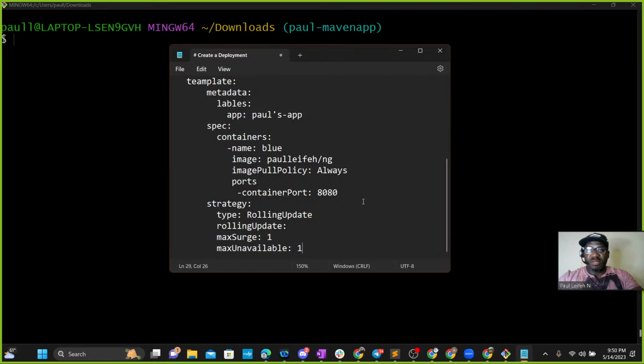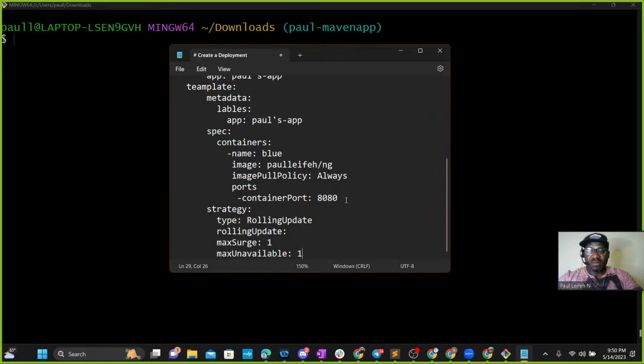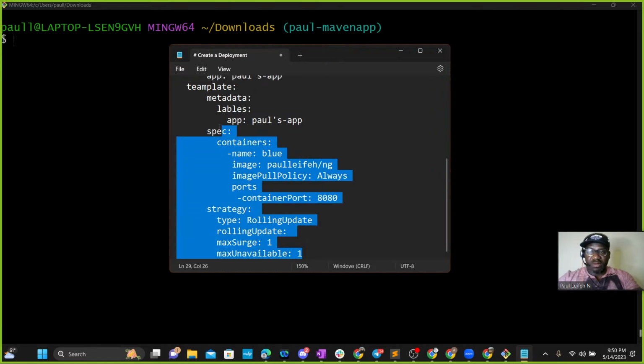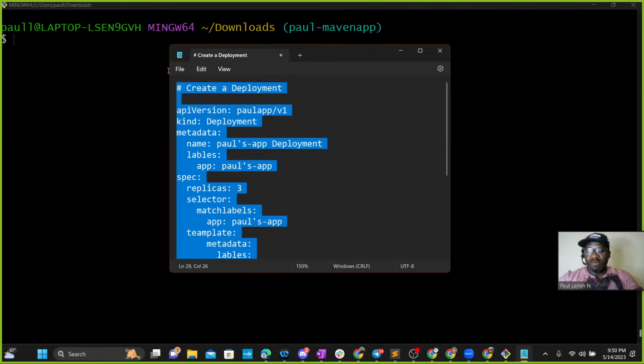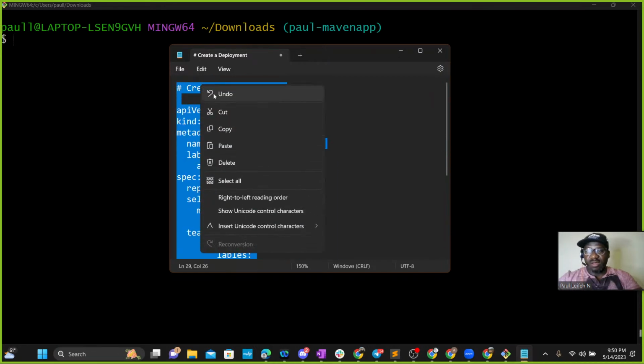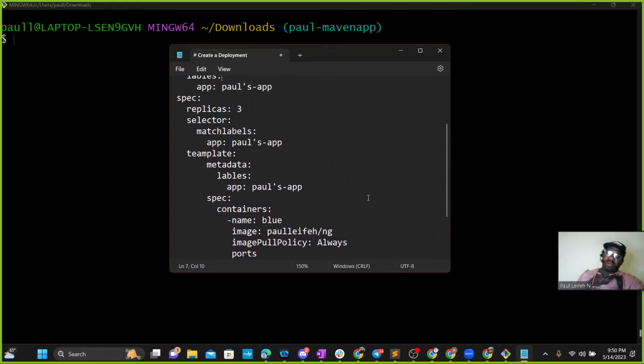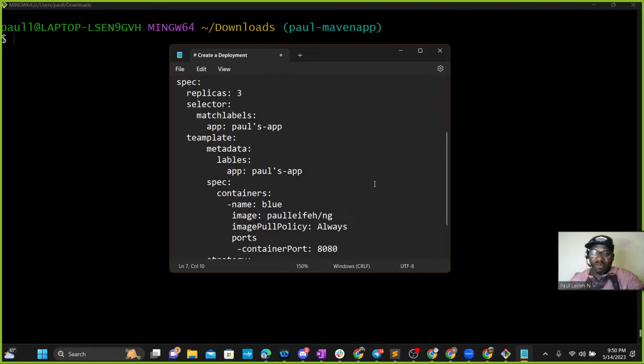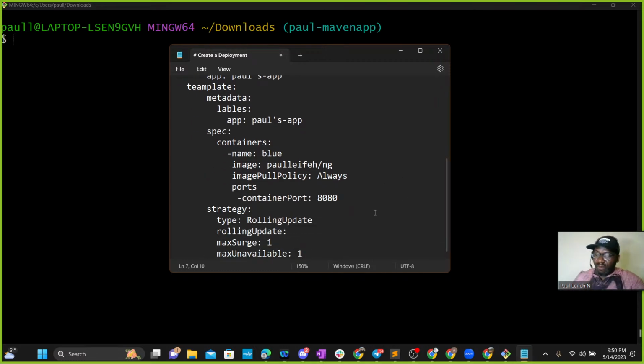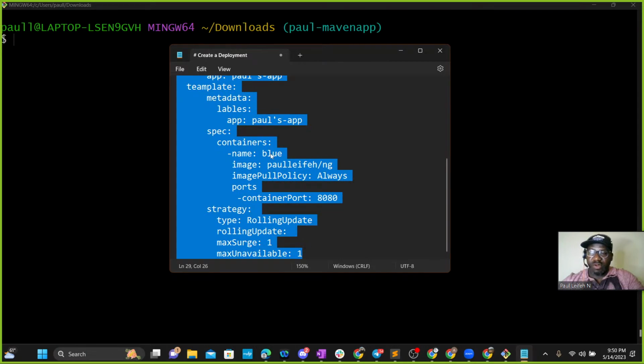All right. So let's see. I think we got all we need. If you feel like we're missing anything, guys, please let us know in the comment section. And if you have some other additional information to add to this, then we'll be more than happy to learn from you guys as well. So I'm going to copy this